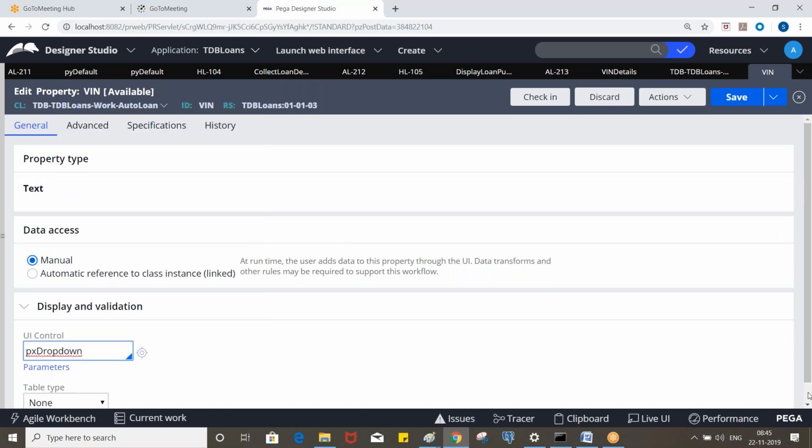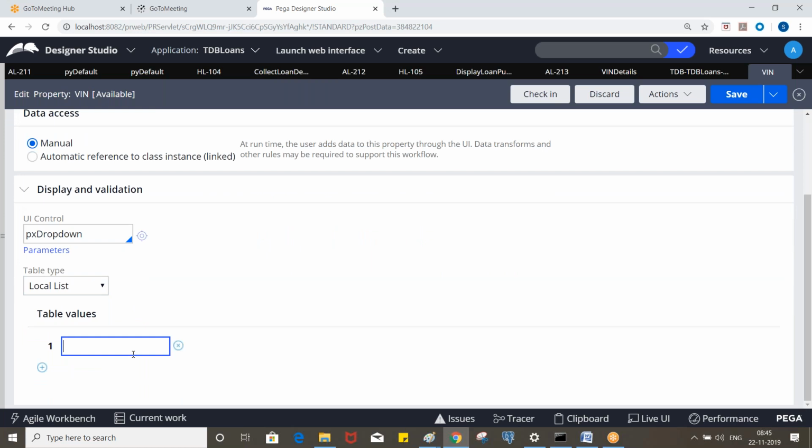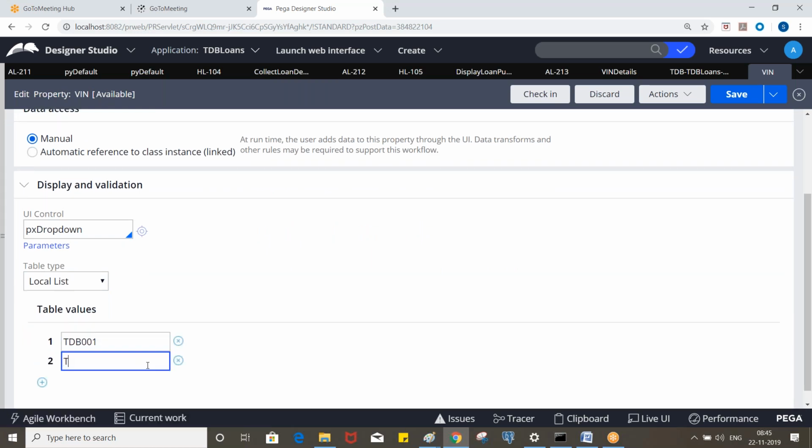Drop down, and what are the values? Specify the values like TDB 001, TDB 002, 3, 4.